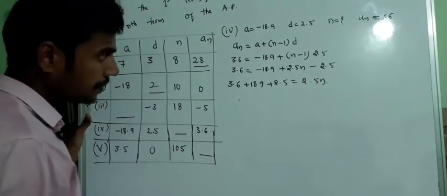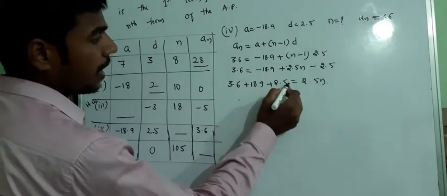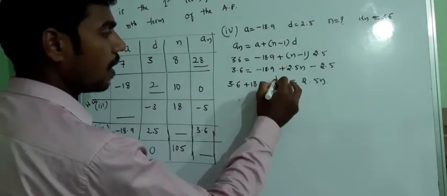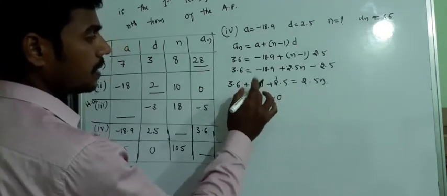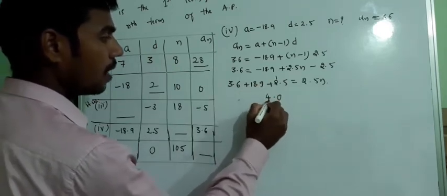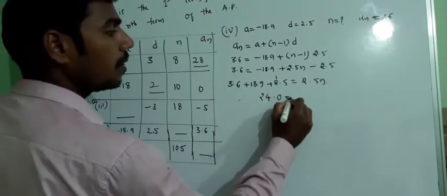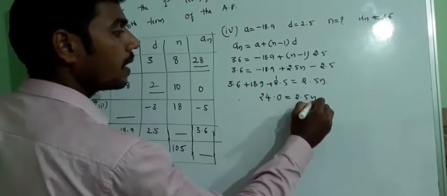Now 9 plus 6 is 15, 15 plus 5 is 20, that is 0, carry 1. 3 plus 8 is 11, 11 plus 3 is 14, carry 1, that is 24.0, is equal to 2.5n, or n